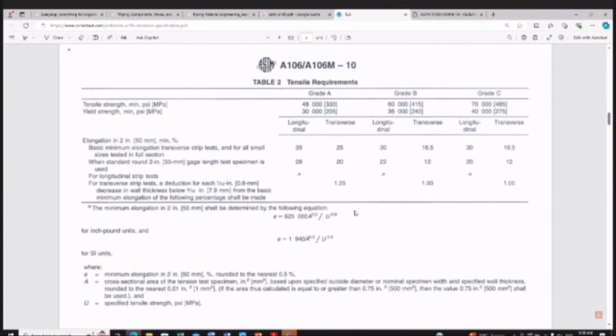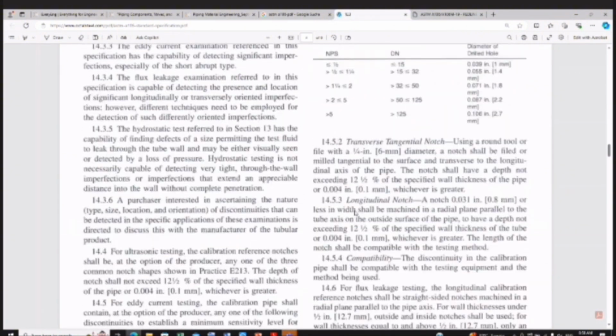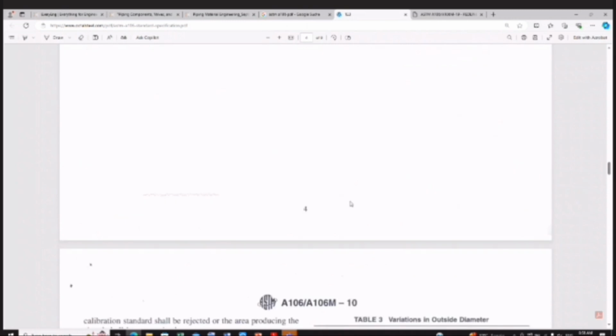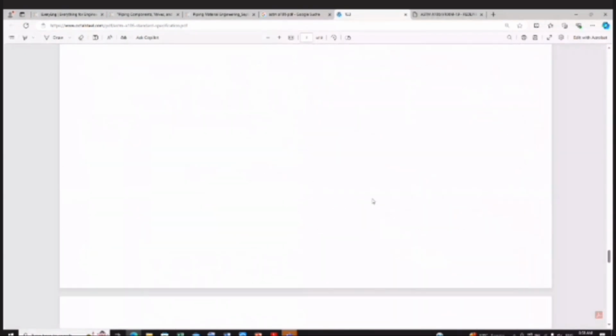Sir, what is A106M? Then generally what this standard specifies, if you see here,